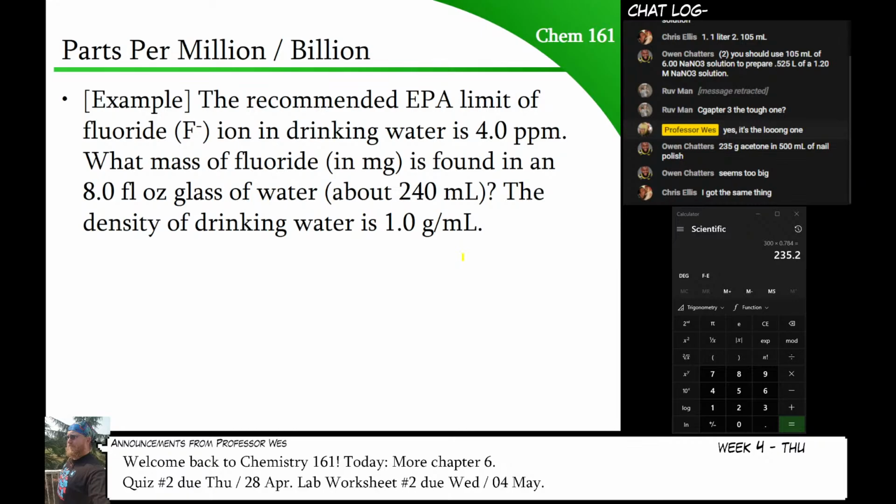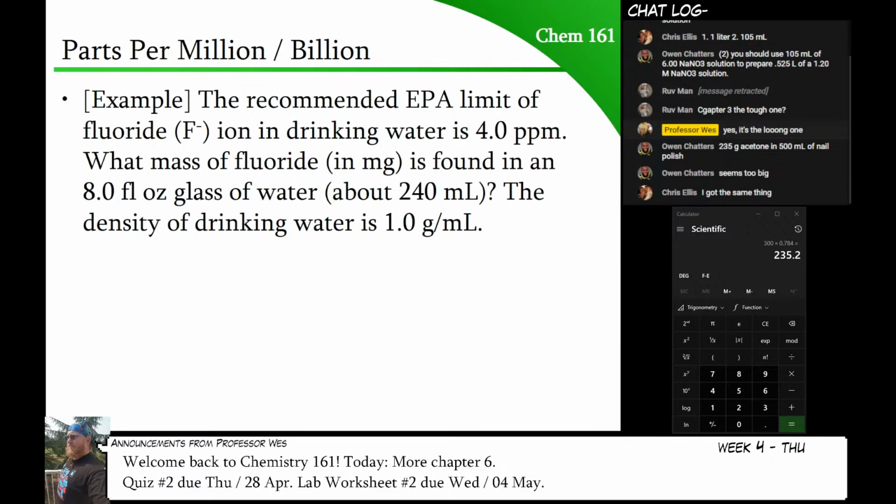All right, so here's our problem. The recommended limit for fluoride is 4 parts per million. How much fluoride is found in an 8 fluid ounce glass of drinking water? Here's the density of drinking water and also its volume. So what we're going to do,